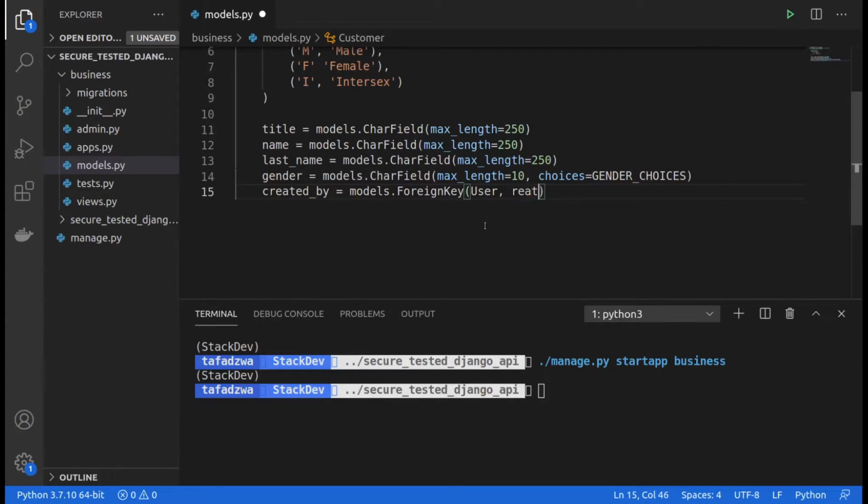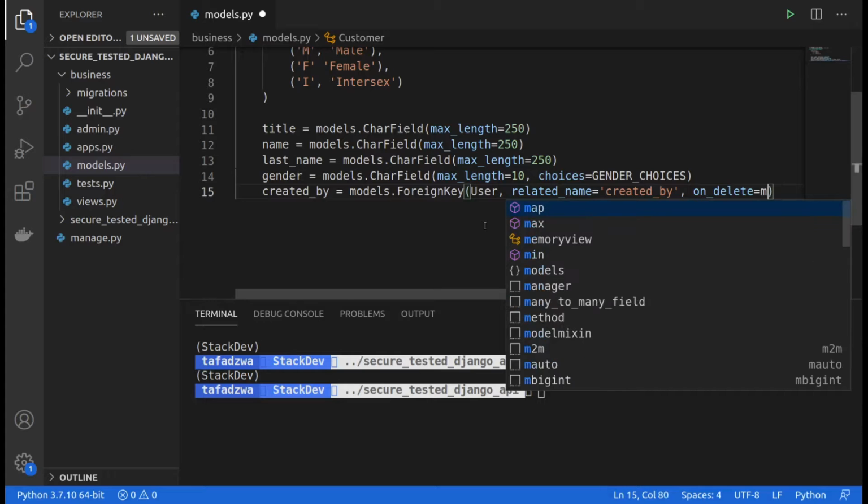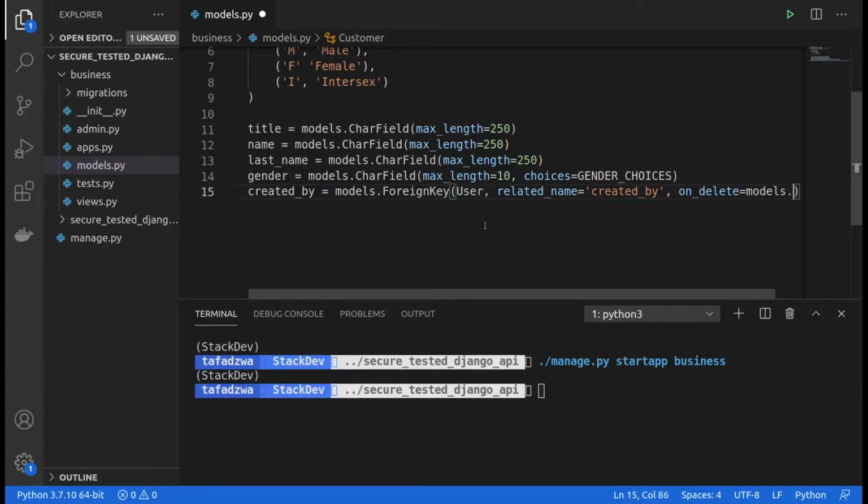So this foreign key is going to have a related name, right? For the related name, I can call it, let's say, created by, like this. And then it's also probably going to have on_delete, right? Each and every time you create a foreign key, you need to put, for example, on_delete cascade. But in this case, I'm not going to say cascade, because each and every time a user is deleted, I don't want to actually go ahead and delete this entity, this customer entity. So I'm going to use